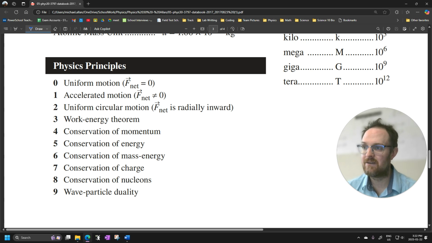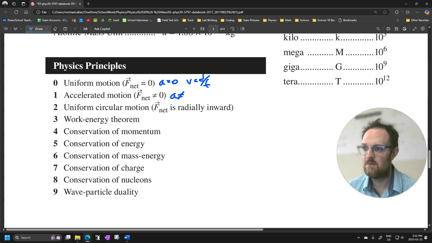The first one: if I ever use a = 0, such as v = d over t, then I'm using the uniform motion stuff. So if I ever use d over t = v, that's uniform motion. If I use any of those other 5 formulas, if a is